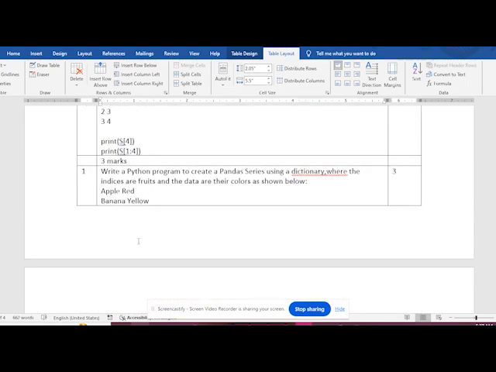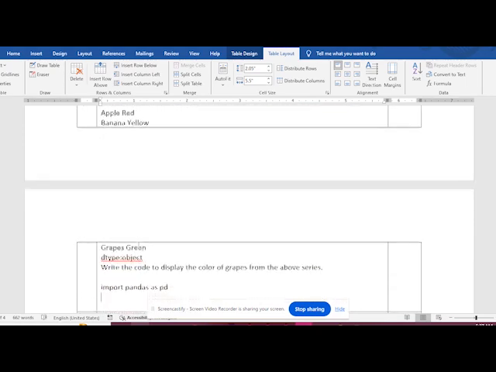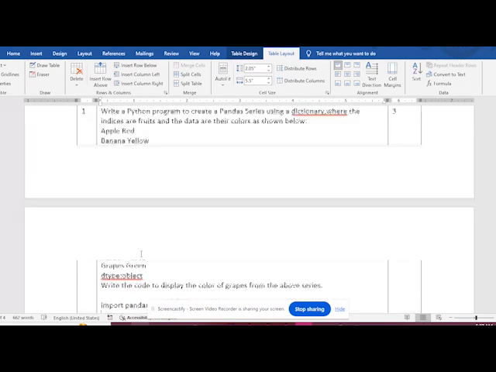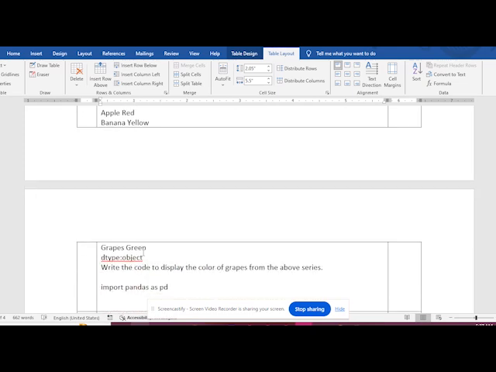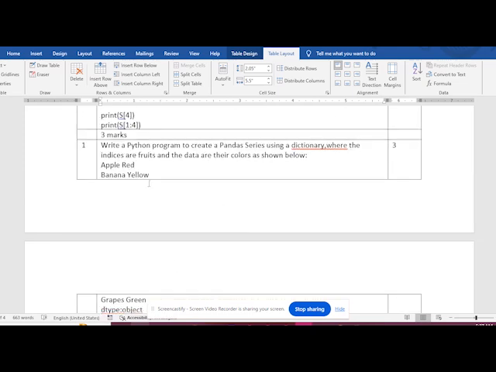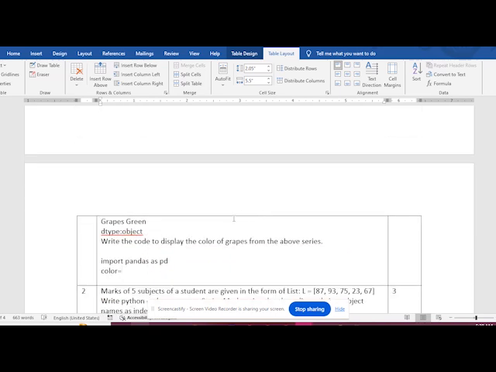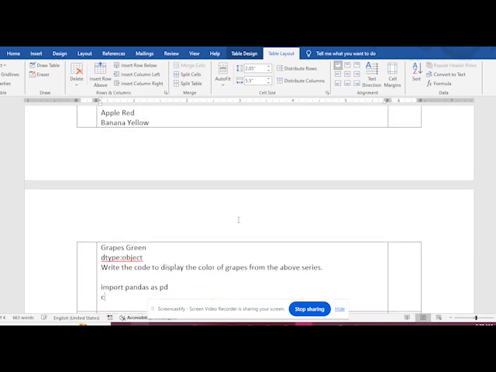What is the data? Or directly inside the series function, we can just pass the data. Here I am going to create the data. That is color. Color is the data: red, yellow and green. And here the data is a dictionary. So I am going to create the data and just give data equal